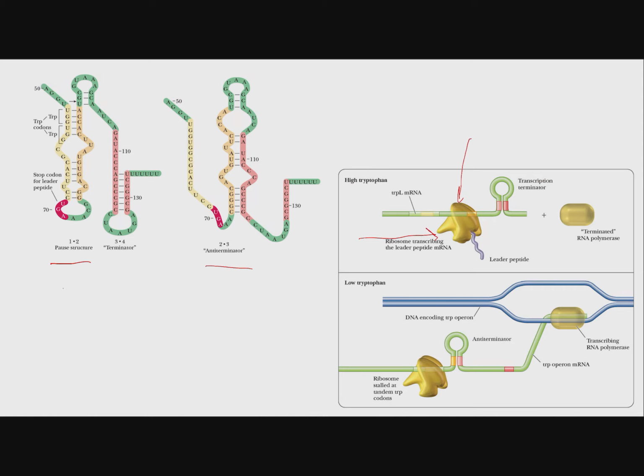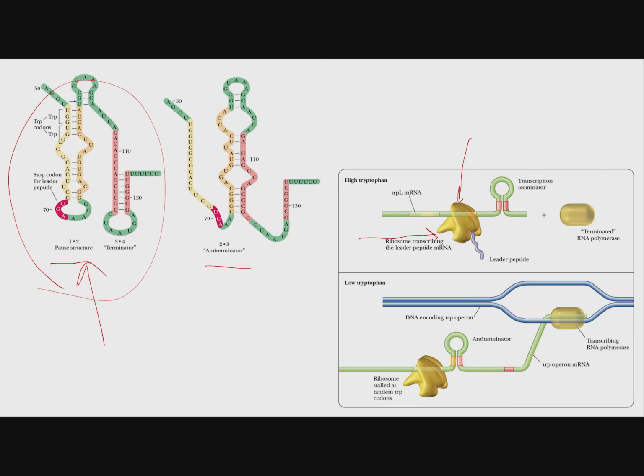When your ribosome goes fast, certain structures will form compared to others. And so you can see here, this transcription terminator will form. This structure right here will form. And since the ribosome will catch up to it, it'll basically initiate or de-initiate this elongation, and we'll end up